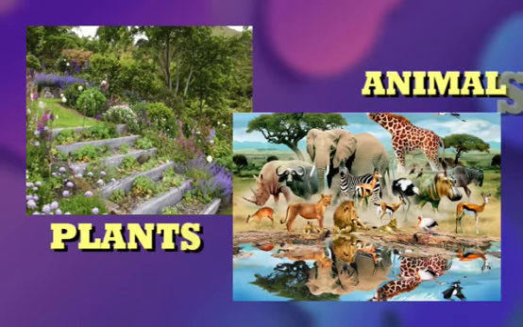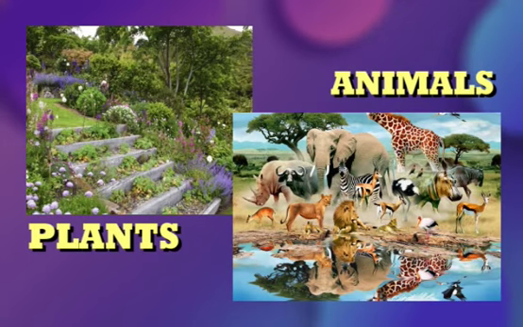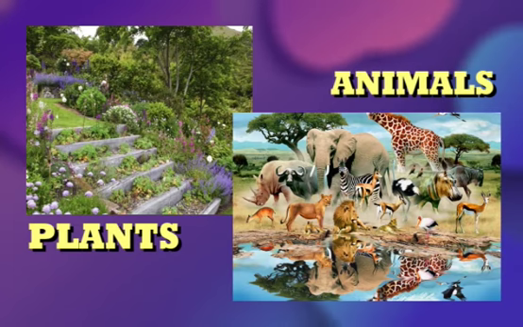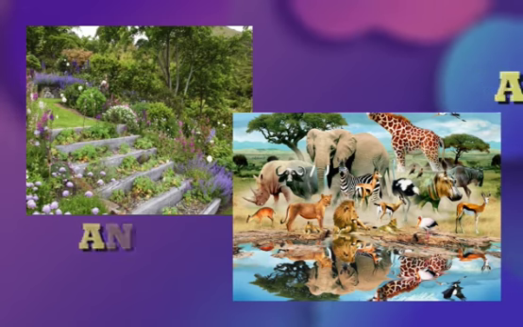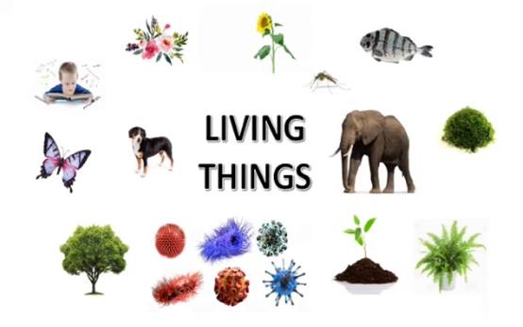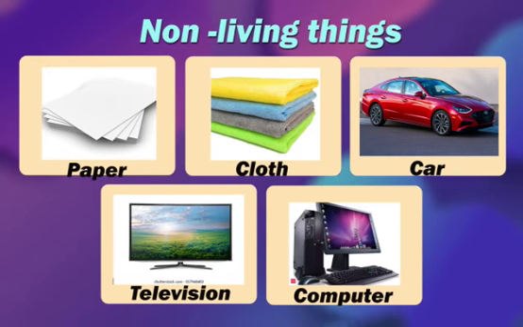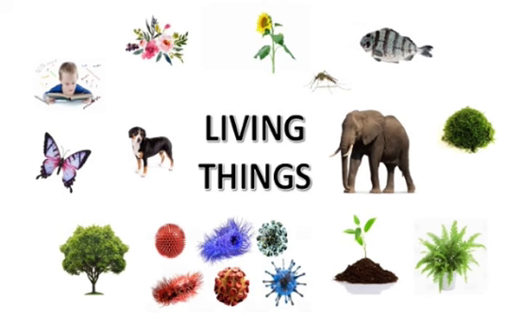Grouping things. While studying the characteristics of things, scientists place similar things in a group. Then they study the things in the group together. This makes their study easier. All the things that have life are placed under the group of living things, and all those without life are placed under the group of non-living things.